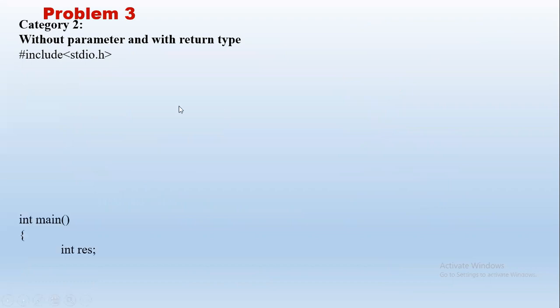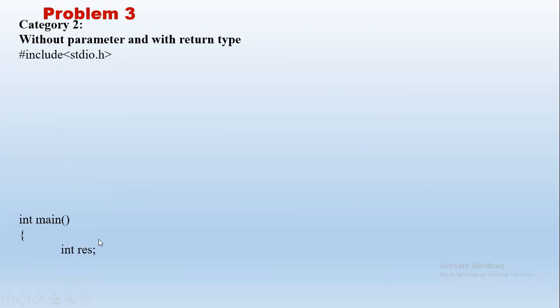So here we have to pass a parameter. So if we want to pass some parameter, we have to have the value of that, right? What parameter should we pass? Or here without parameter, I'm sorry, without parameter and with return type. So in this case, with parameter is next, okay? Without parameter and with return type. So we have to get the answer. We are getting an answer from the function. If we are getting an answer, we have to store it somewhere. So we need to store it into a variable. So we'll declare one res.